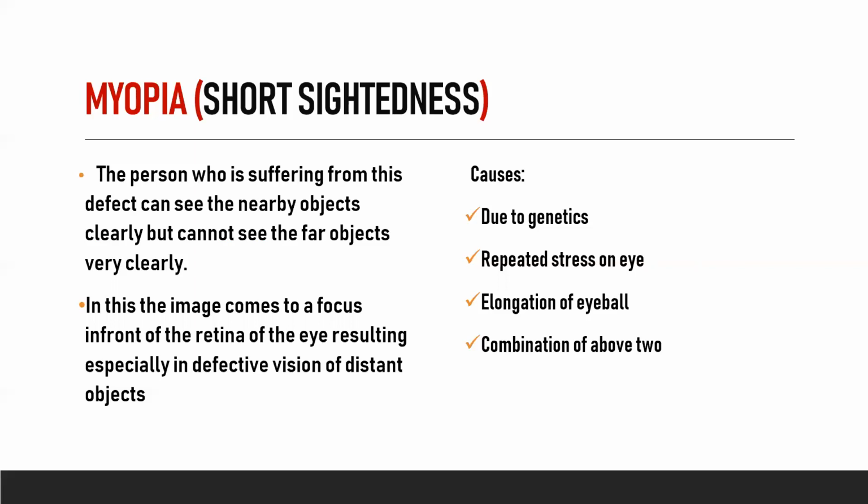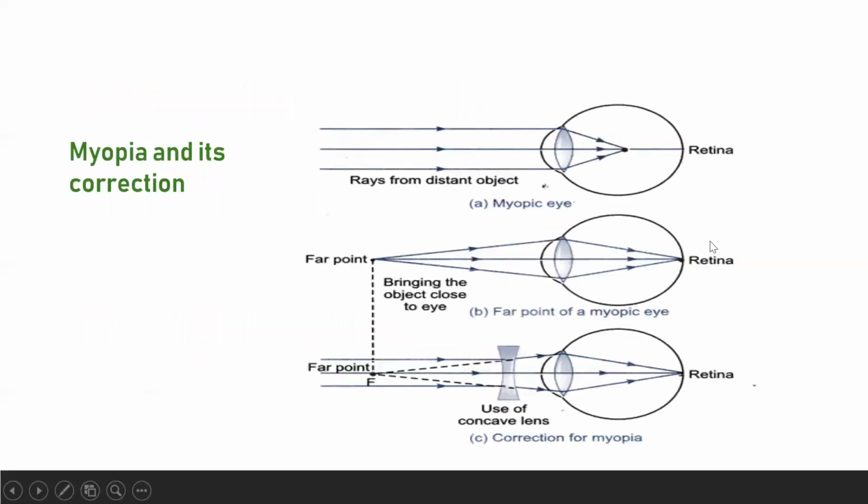Generally in these cases the power of accommodation becomes less. What is the power of accommodation? The power of accommodation is the ability to adjust the focal length to see the things you want to see, right? Here, see, this is the ray diagram. In the first ray diagram, the rays are coming from a distant object. I told you that in myopia you are not able to see distant objects, right? This is the lens of the eye. This is your retina, but the image forms here in front of the retina. So you are not getting the proper image, and that's why you're not able to see.